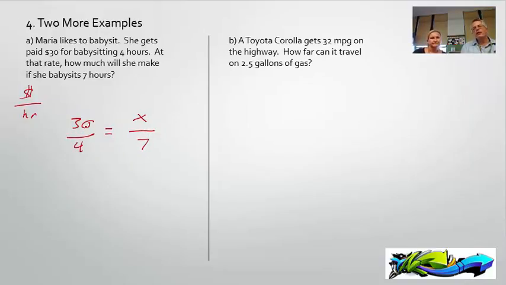The reason why is if she worked twice as much time, she would get paid twice as much, and when you divide them, the fraction is the same. Okay, so that's why these have to be equivalent. So, like Ms. Les did, we're going to do 4 times x has to equal 7 times 30, 210. That's in order for two fractions to be equal, this cross product has to be equal. Then divide by 4. We end up with 52.5. And I forgot already what I was talking about, so that's why this is helpful here. We were looking for how much will she make?